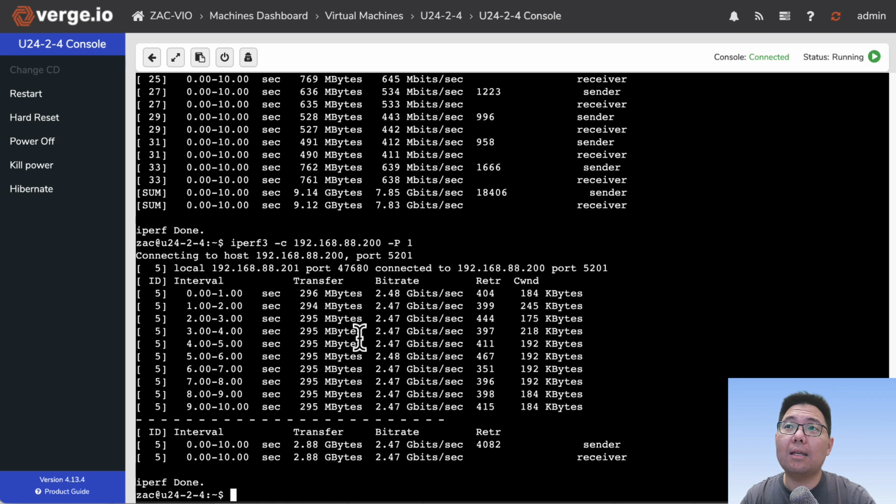So basically, if somehow you have only a single thread kind of connection, it will never take advantage of all of the links aggregated, no matter how many links you aggregate together in the default link aggregation protocol mode. The reason why I'm saying this is because some of the other switches, for example, because I